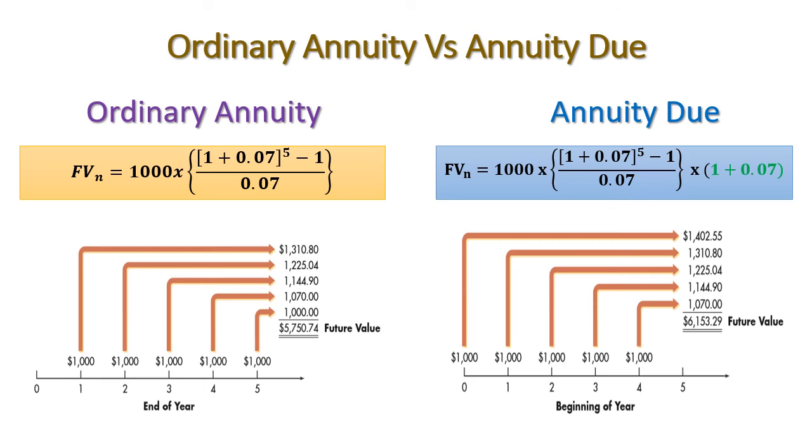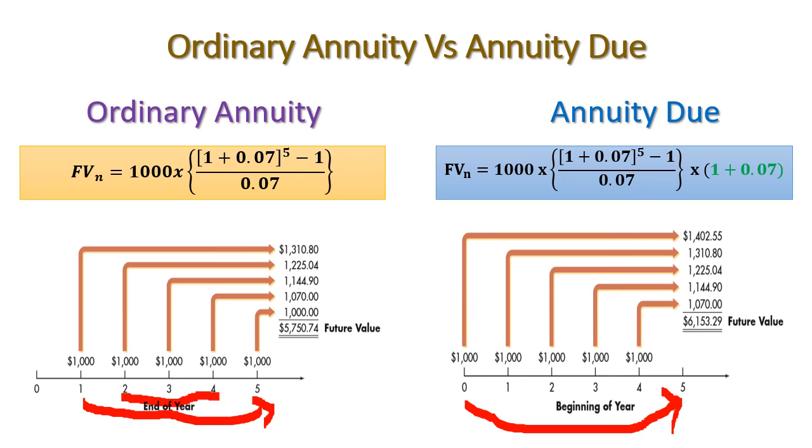In short, in ordinary annuity, the first 1,000 deposited at the end of year 1 will be accumulated over 4 years, but the first amount deposited at the end of the current year will be accumulated over 5 years. The second amount at the end of year 2 will be accumulated for 3 years, but the second amount deposited in annuity due will be accumulated for 4 years,